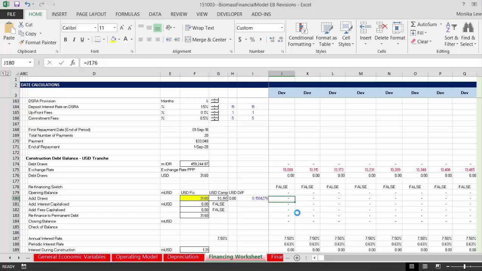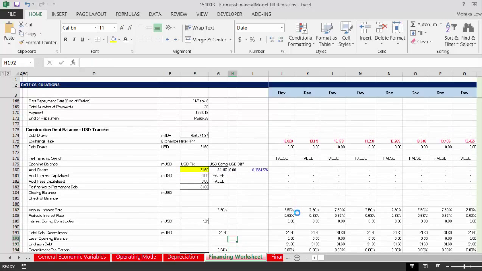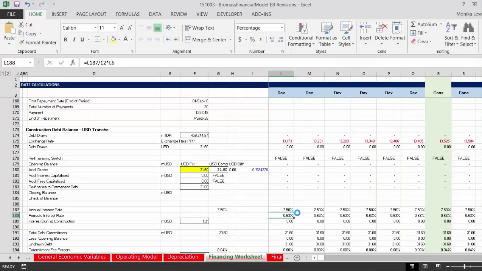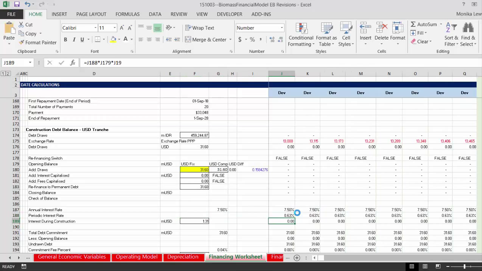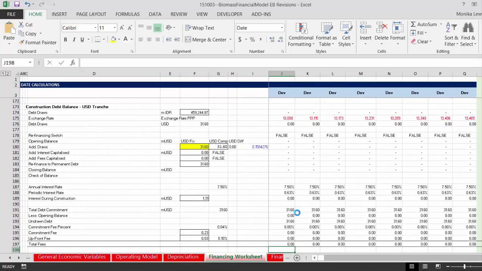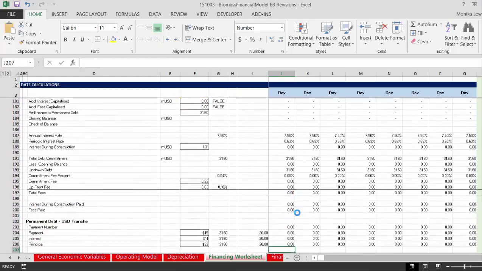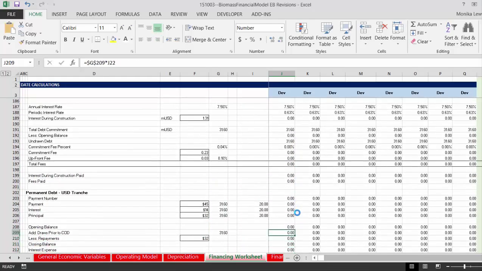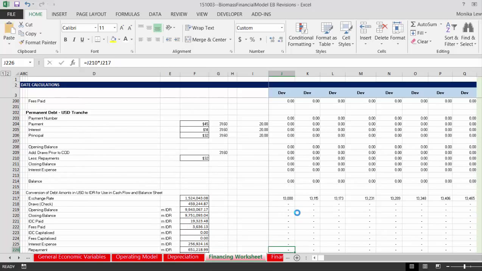So you can't just sum these draws. That gives you a circular reference, and you need that amount of draws, the total amount of the debt commitment in USD, to, I guess, I don't know if you really need it to compute the interest during construction, but you certainly need it to compute the upfront fee percent, and it's extremely helpful in computing the repayments, and finally the